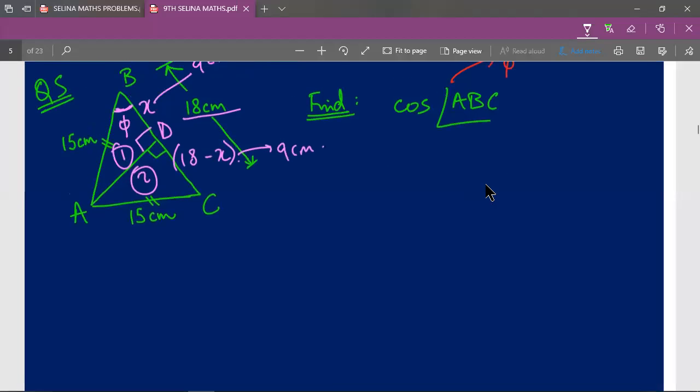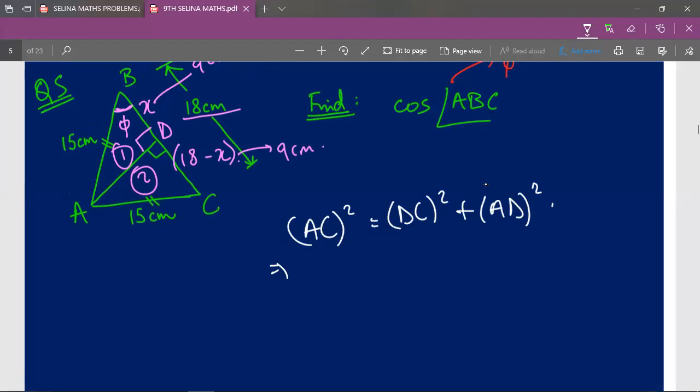So once I made enough space, I'll take triangle ADC and with the Pythagoras theorem applied to the triangle, I'll find our perpendicular, that is AD. So our Pythagoras theorem goes like this, that H square, that is AC whole square, is equal to DC, that is base whole square, plus P square, that is AD whole square. So I'll substitute the values. AC whole square is hypotenuse whole square, that is 15 whole square, is equal to DC whole square, that is our base whole square, that is 9 whole square,